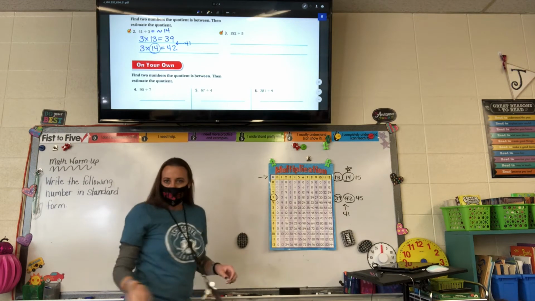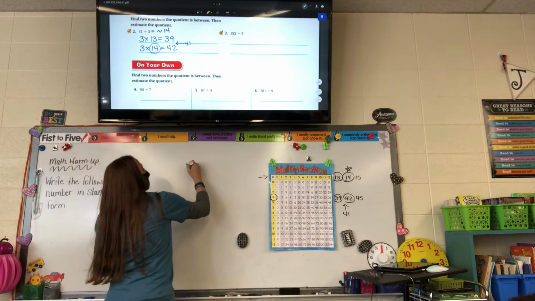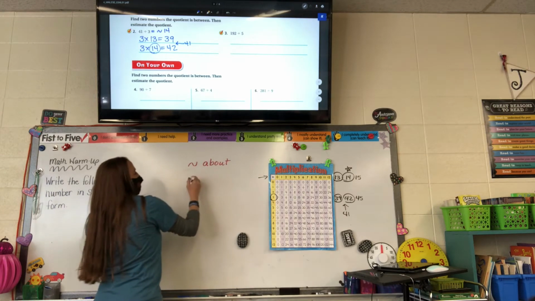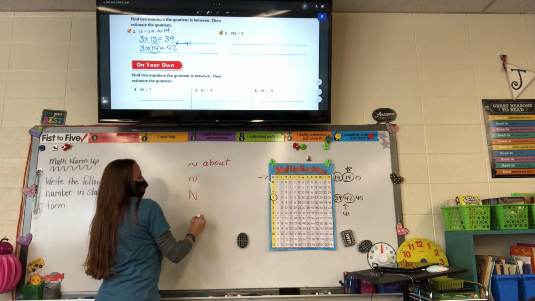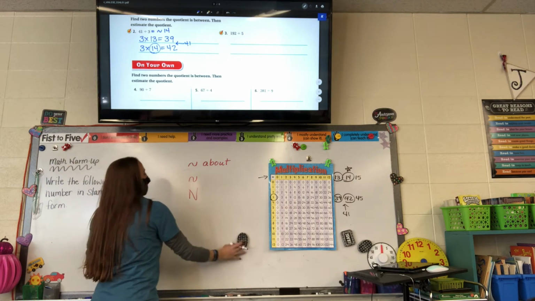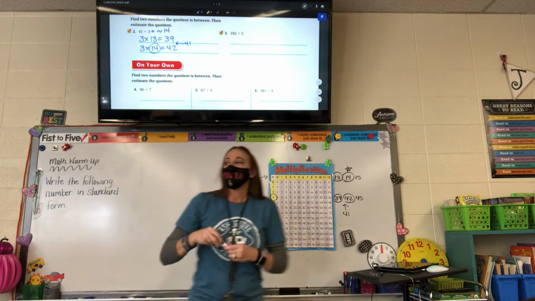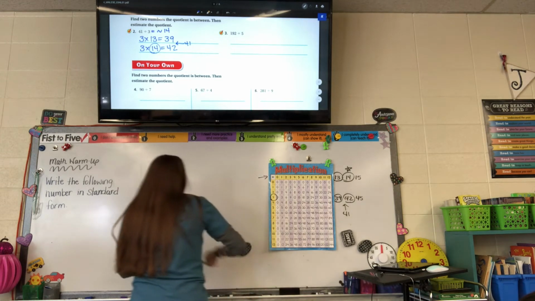For those of you watching at home, this symbol means about. It's kind of like a sloppy N or a sideways S. Yeah. Okay. All right. Get that copy down. Next one we're going to do is